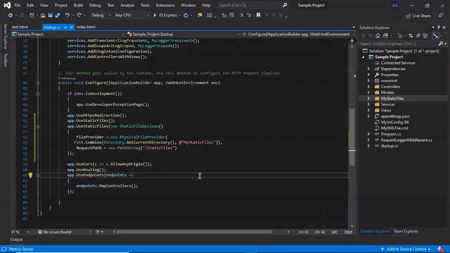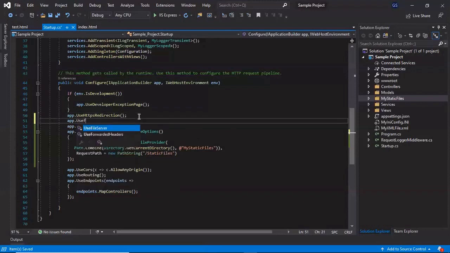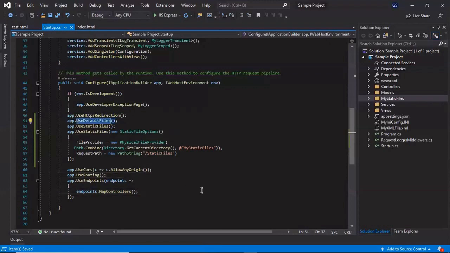Now we'll see what is the default file or default page for ASP.NET Core. As you know, in IIS we need to give some default page that needs to be loaded when the application gets browsed. The same thing is applicable for an ASP.NET Core application. So let's see how we can add our default page. To configure the default page for our application, we need to configure another middleware into the request pipeline, which is named use default files. This will render the default HTML page for your application.